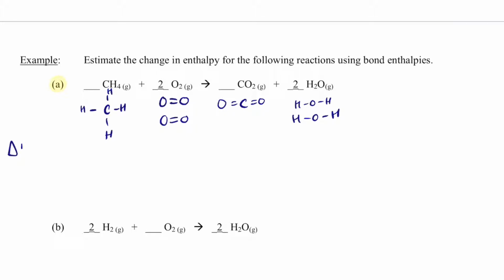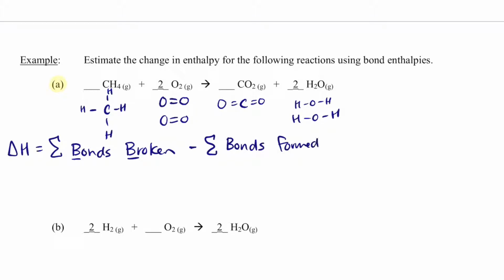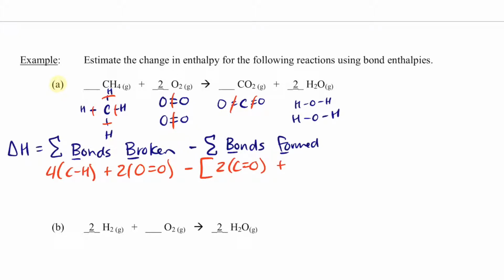Okay, so delta H is going to be equal to all of the bonds broken. Some people like to remember, if they don't know how to do it, it's BB minus bonds formed, which is BF. So the bonds that I'm going to be breaking are 4 CH bonds. I'm going to be breaking 2 O double bonds. I'm going to subtract away 2 CO double bonds, and then I'm going to subtract away 4